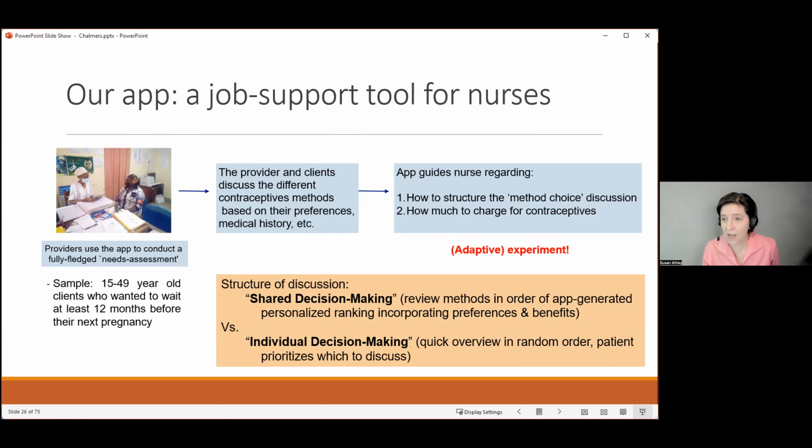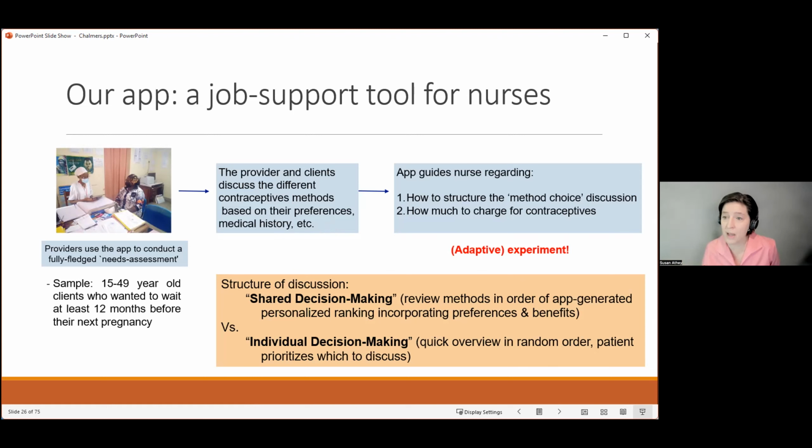But for some of them, the tablet application is going to rank the choices and go through them in ranked order. We call that shared decision making because the tablet is sharing in the decision. The control method, if you like, is where the women choose which ones they want to hear about after a brief overview. This algorithm is not a recommendation system type algorithm. It's based on people's preferences and history, and it ranks the methods according to their scientific characteristics and their health characteristics.